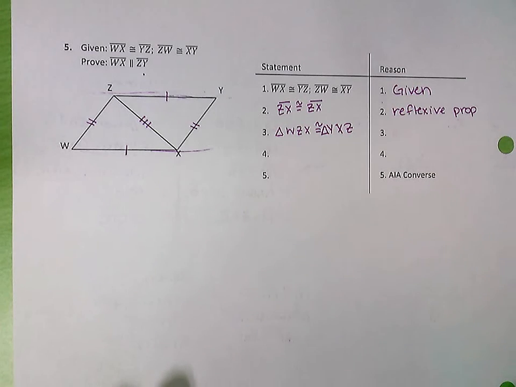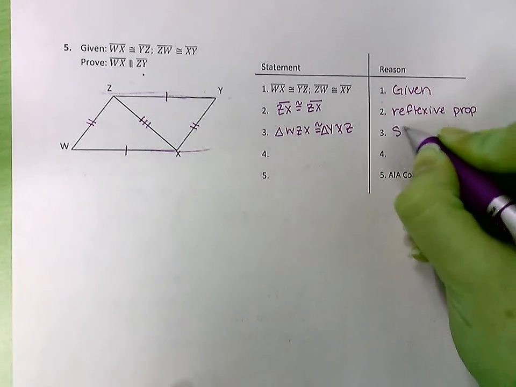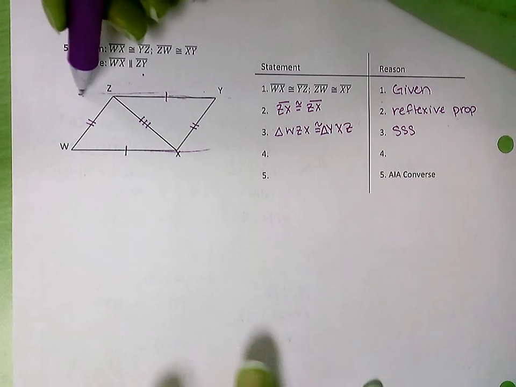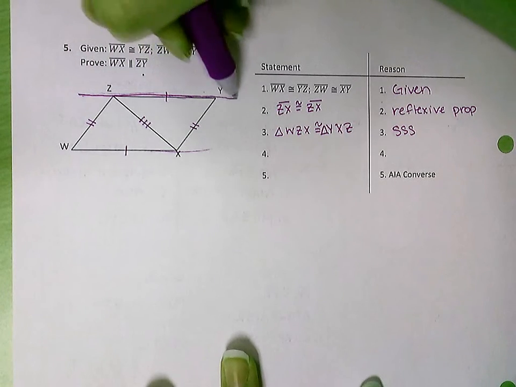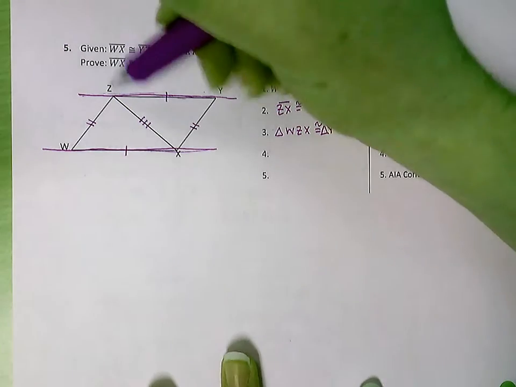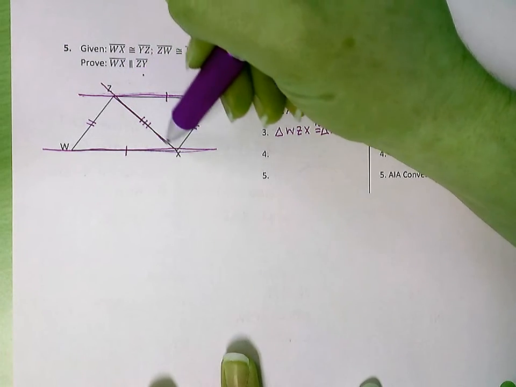And it would be by side, side, side. Good job. Okay, so now I have my two triangles congruent. Now think about this. I'm trying to prove that these two lines are parallel. So I'm trying to prove this line is parallel to this line. Now if I added ZX as a transversal,